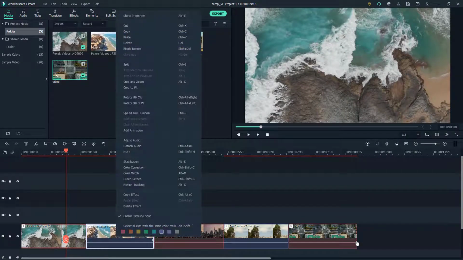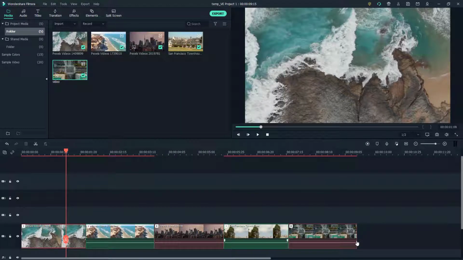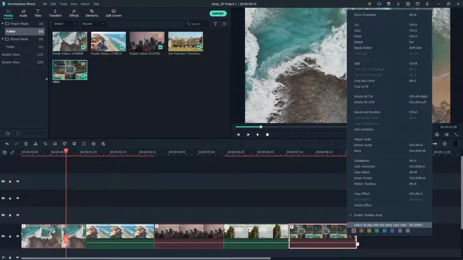And then what I can do is I can right click and mark something else like green right here. And for this one as well, I'm going to mark it green. So I have color coded my video footages, as you can see, and 2 of them are green and 3 of them are red. So what becomes easier after you do this is you can right click and select all